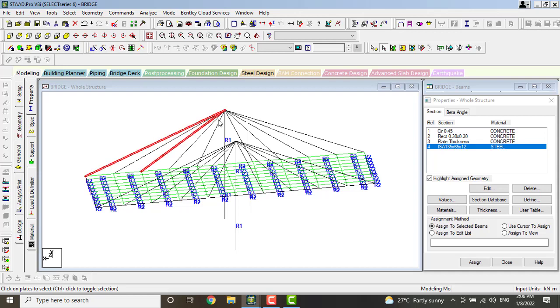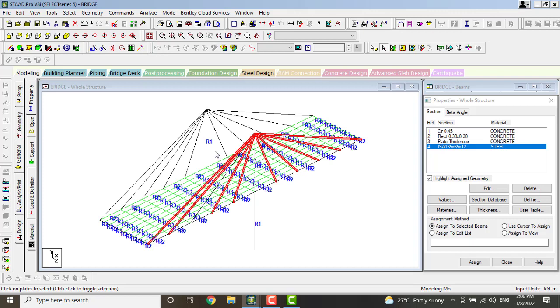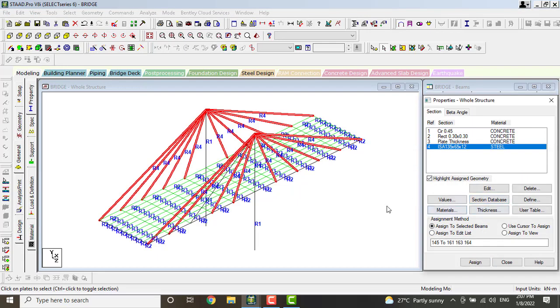Click on control. Yes. All our cables will be selected. Then go to assign to selected beams. Click on assign. So here we have given the properties of all the structure members.